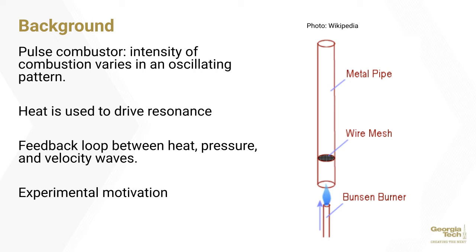A flame is used to drive resonance within the tube. This occurs when there is a feedback loop between heat, pressure, and velocity waves. The heat from the flame drives the pressure wave, which then drives the velocity wave, which then drives the intensity